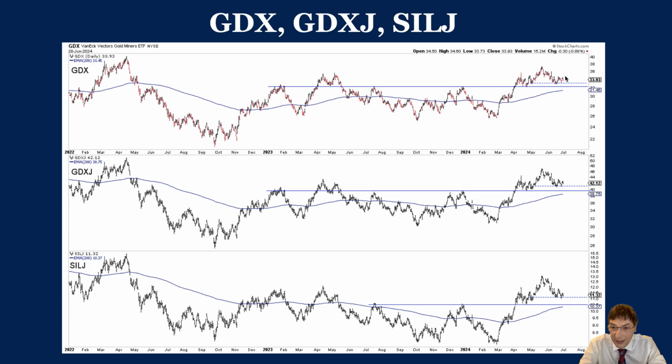You could put a resistance line in here. Where is that? Call it 34.5 maybe. Same thing here. You could draw the same line here where we've had one bounce, second bounce. Can we see the miners break above this level? Or is this going to fizzle out? Maybe get a false breakdown. It tests the 200-day EMA. You also have this line here, this support level. So the moving average is getting really close to touching the support level. So keep that in mind.